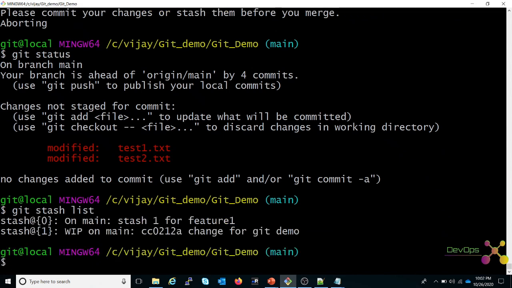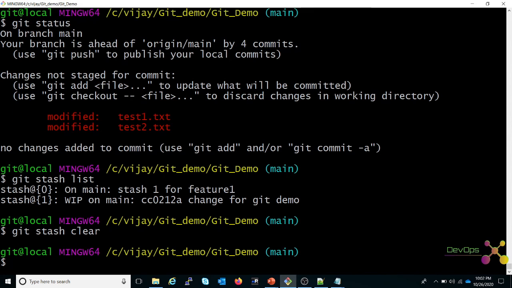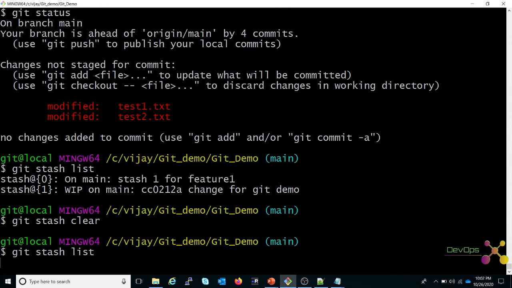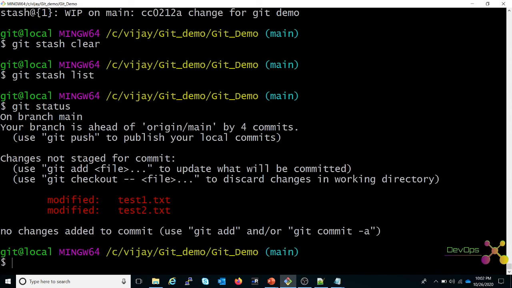Right now we have 2 stashes. Let's try this, git stash clear, git stash list. You can see the complete stash has gone, and whatever stash has been applied has again come into my working directory, and you can work as usual.